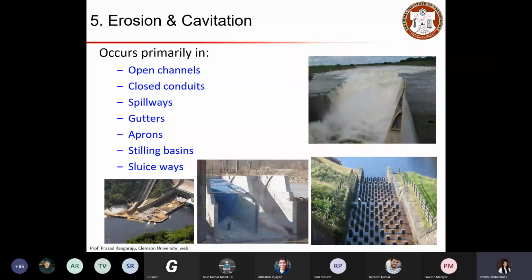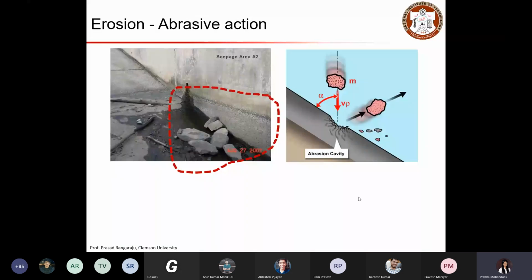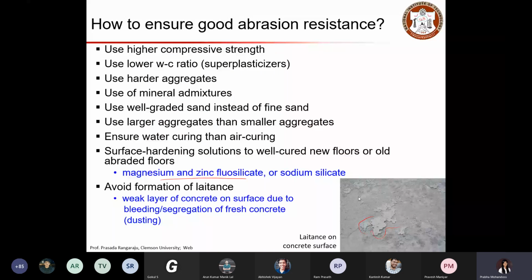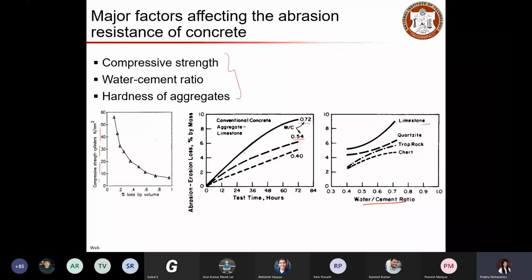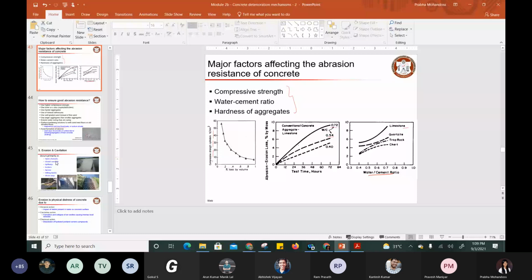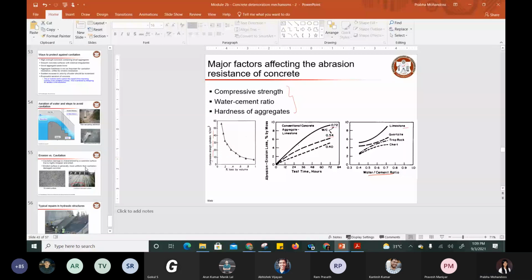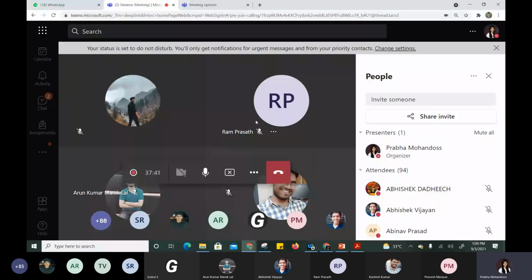All right. So I'll stop it here, and the rest we will continue in the next class. We need to cover erosion and cavitation, and then some aspects on fire attack, then freezing and frosting, of which you already know the fundamentals. Just to address a few things on how to handle the situation better when you have such atmospheric conditions. With that, we will be done with concrete behavior in general, and the failure mechanisms associated with it. Then we can move to the next module called condition assessment.